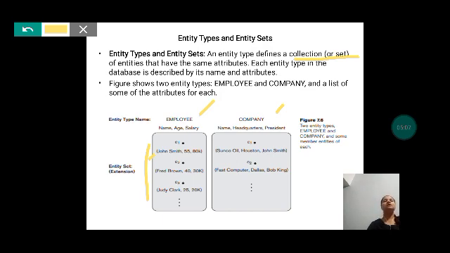Here I can't include student data. Why? Because students are not given a salary. Students are not given a salary because they are not employees, right? So that is why we cannot include student data here. Any student name does not belong to the entity type employee because they do not have a salary. So this is what is called an entity type. Here we have the example of the entity type employee.